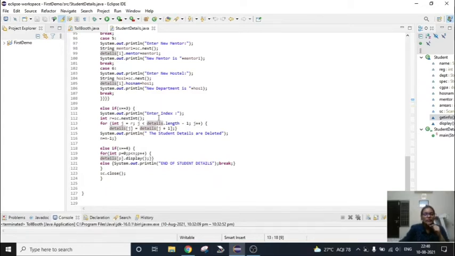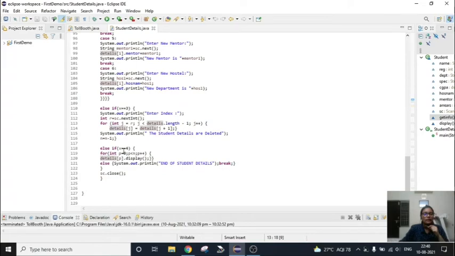It will ask the user to enter the index number. Like if we have given number of students equal to 2, here the user has to give the information, like if he wants to take out the details of the second student, he must give the index number 2. If he wants to take out the information of the first person, the user has to give index number equal to 1. According to that index number, using this for loop, it is going to delete that index number and its details, and it is going to print only the remaining student details.